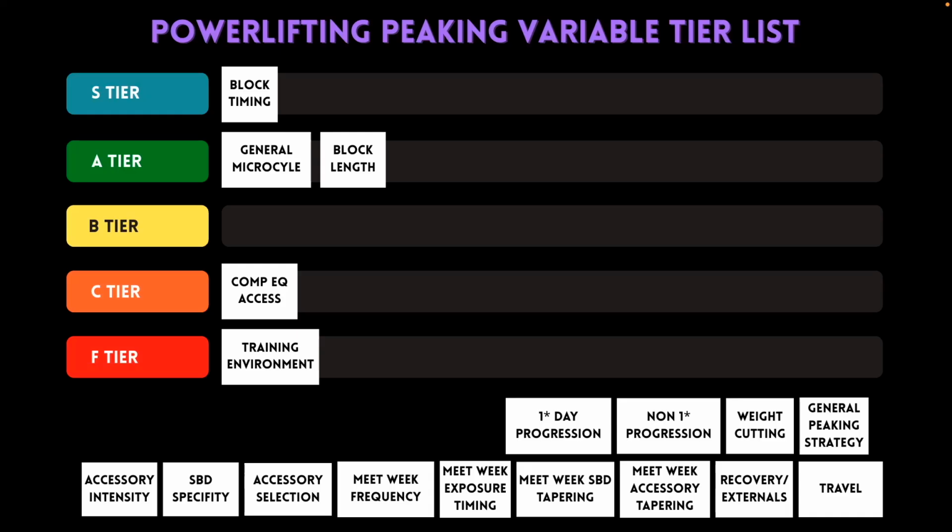And I think that this is another super important thing. If you're not touching heavy enough stuff at the correct time, then the person is just not going to be prepared to execute top end lifts, 101, 102, 103% of their 1RM on the platform. They just won't be prepared enough for it. They won't have that central nervous system conditioning. At the same time, if you progress them too fast and you hit stuff that is too heavy, a week out, a block out, they might not be able to recover from that in time to perform on meet day.